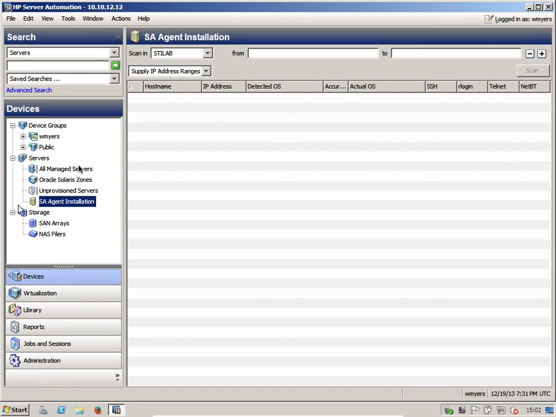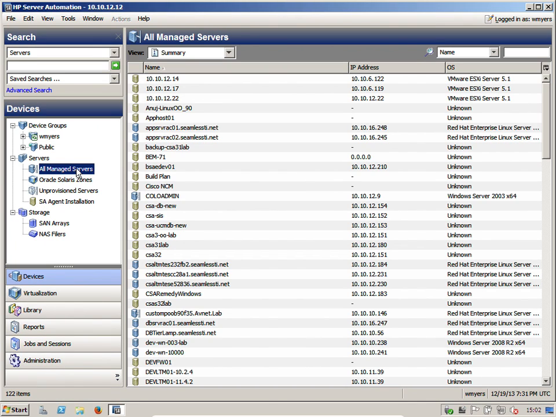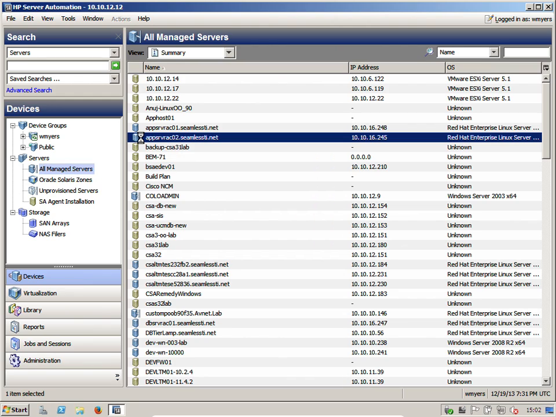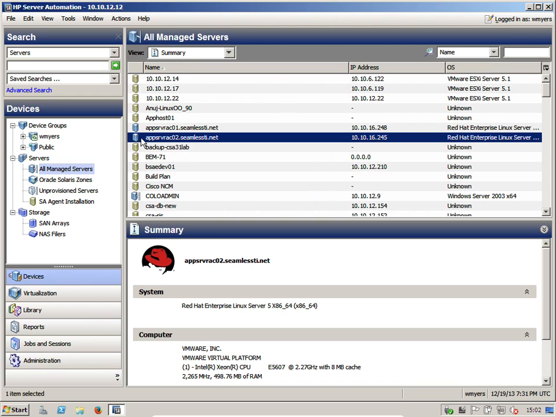Log into server automation, and you're going to see managed servers. These ones that do not have a pipe next to it are not yet managed. If they have the pipe next to it, they are managed and active. If they are blue and do not have a pipe, they are managed but are not reachable currently by server